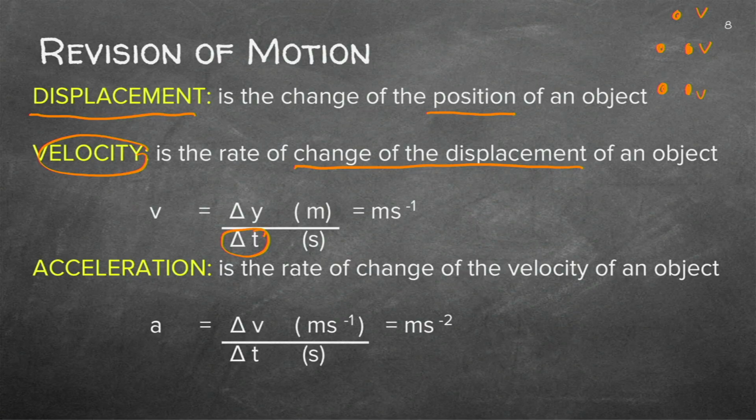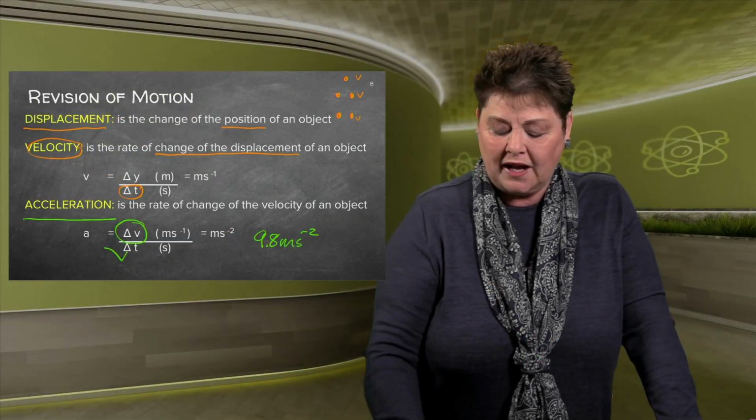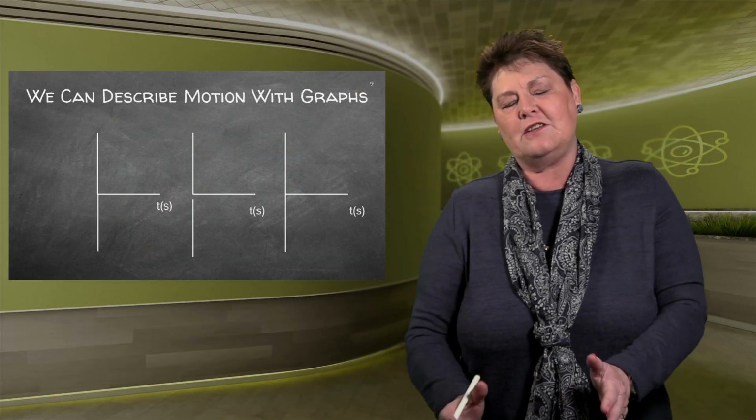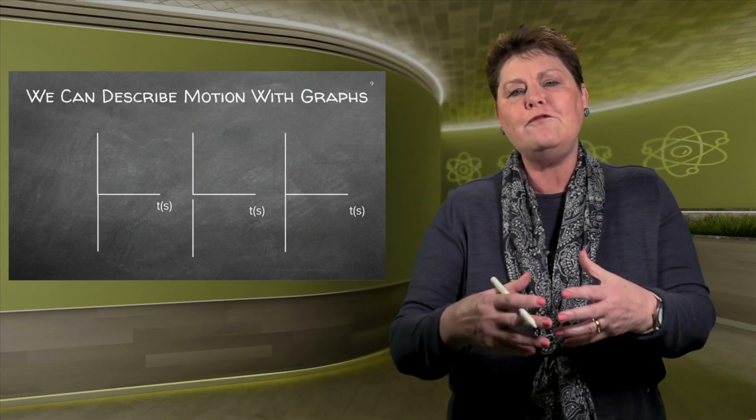And finally, and this is the easy part of vertical projectiles, the acceleration will always be 9.8 meters per second squared. And that's the changing velocity in a certain time. So make sure that you've got all of those, and we've done that before, so it will be easy. In the next phase of projectiles, you now have your movement.